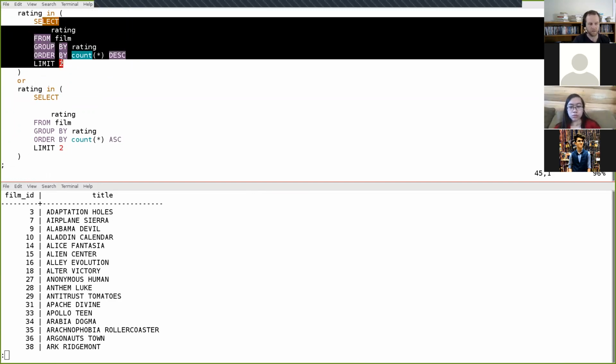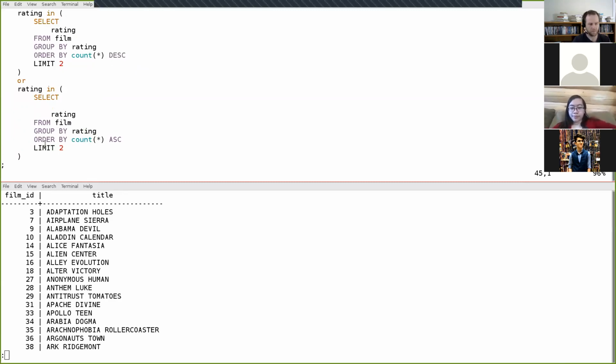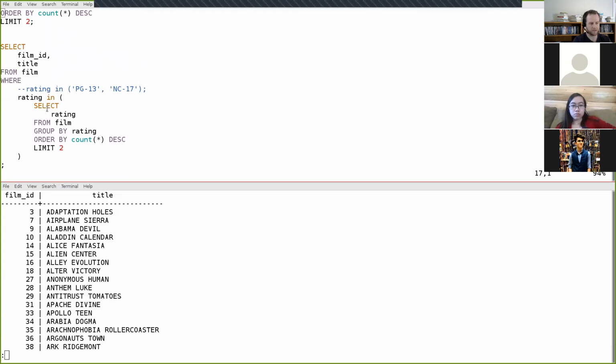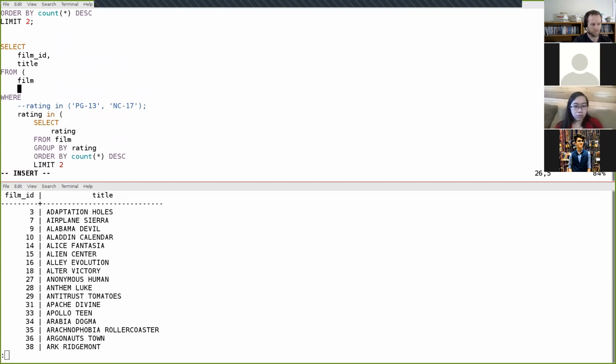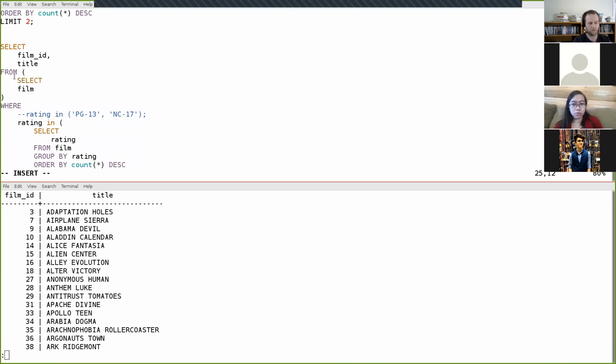You can have as many of these subqueries as you want, and so you can generate really complex queries this way, but your homework assignments are not going to require that, at least for this assignment. These subqueries also don't have to exist just in your where clause. They can exist anywhere where a table is a valid thing to have. So you can have a subquery right here. And instead of selecting from film, you can select from some subset of the film table, which is extracted using the select